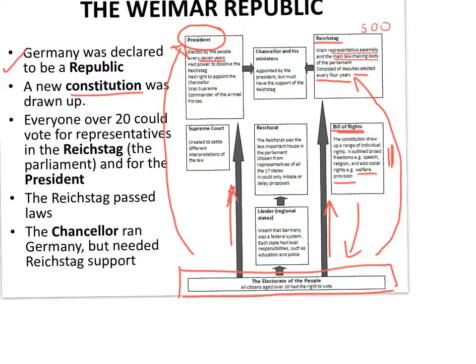Now, 500 people can't form a government. You would never get agreement, you would never get decisions made. So the way the system works, and it's very similar in our own country today, is they would look at the 500 members of the Reichstag and they would belong to different political parties representing different views, which is fine. It's a free country, you've got different views about how to run the country. And as we saw in the opening session, those views will be spread along what we call a political spectrum. There will be some left-wing views and some right-wing views.